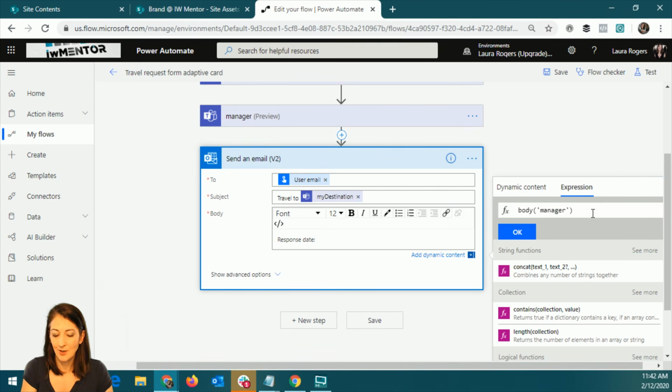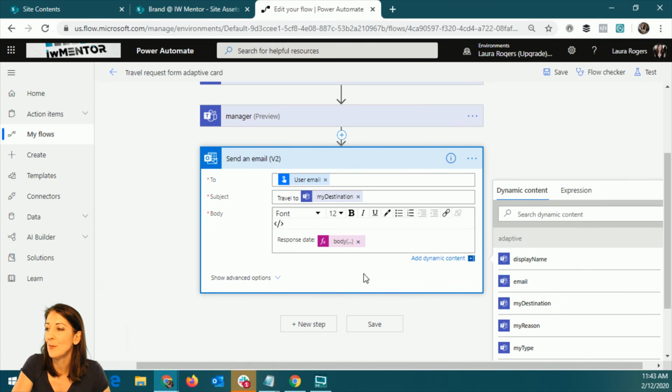Body of manager, question mark. Yeah. Okay, and then a quotes, and I know this is just the syntax you have to use in Flow. Data. And then another one and return date. Okay, so I have to know. That's why I named it a short name, because if it's got spaces in it, then you've got to do all these underscores. So let's try it out before I